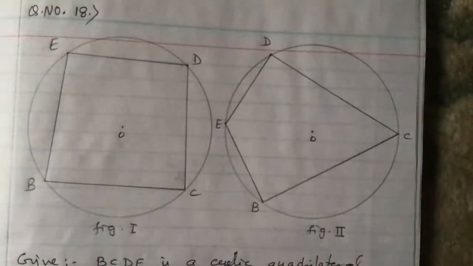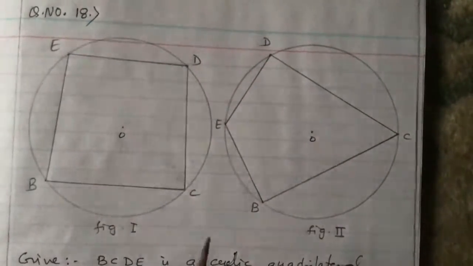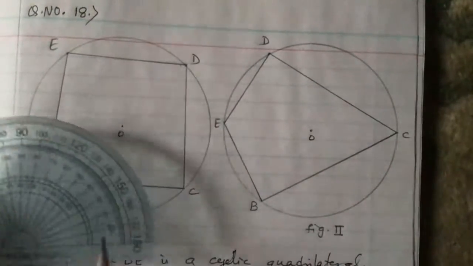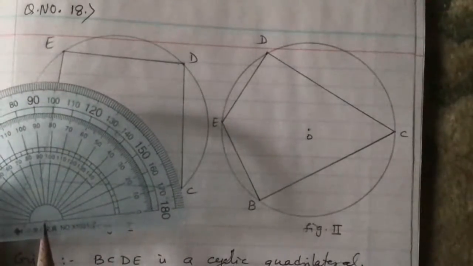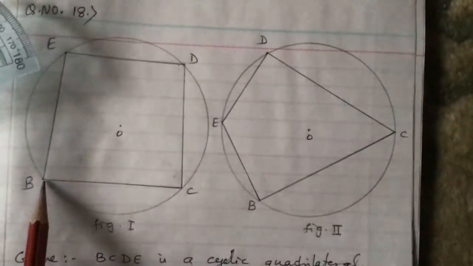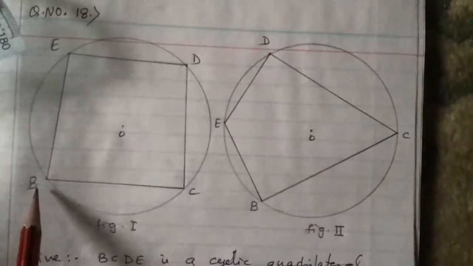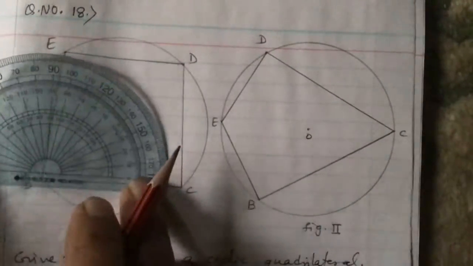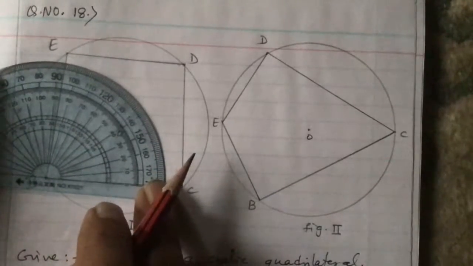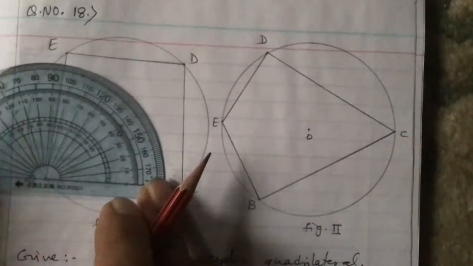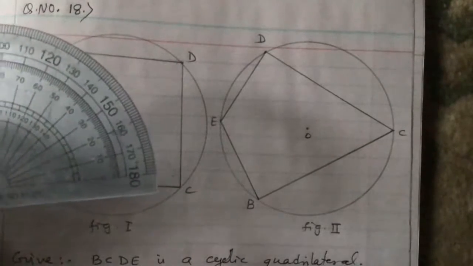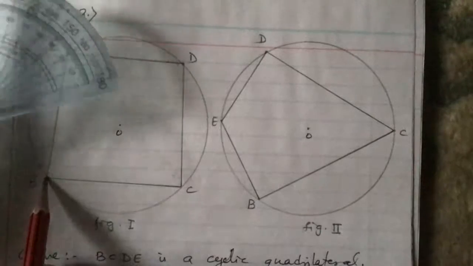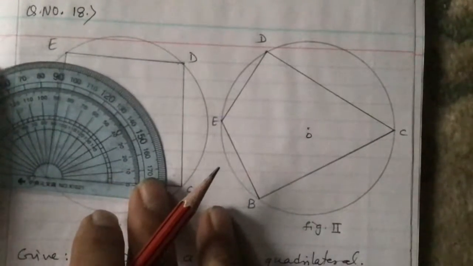First of all, let us measure angle B. This is angle B. To measure angle B, look here at this bottom line of the protractor. This bottom line should be matched with this BC, and this BE will show you the angle. So let us match it like this. Keep your protractor fixed like this. Here the center is marked. This center should be at this B, like this.